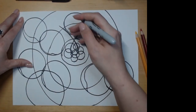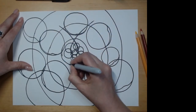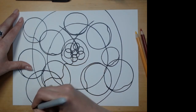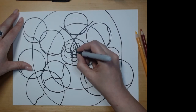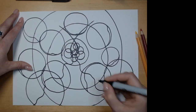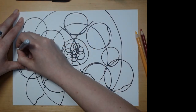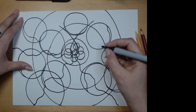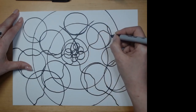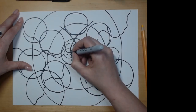And now when I channel this energy, I start to draw neural lines to spread this energy and these highest vibrations around the world, around my community, around my country, around my house, my family. So if you draw those lines, just